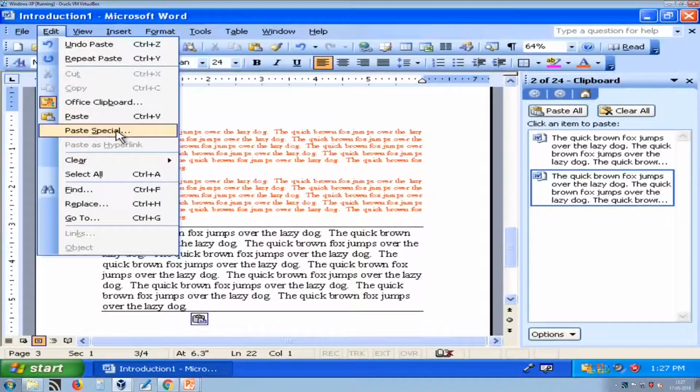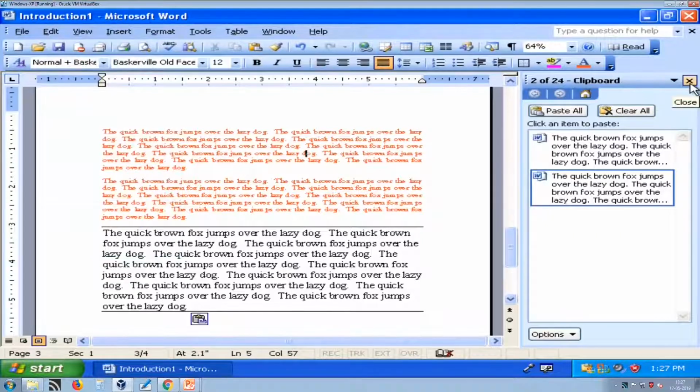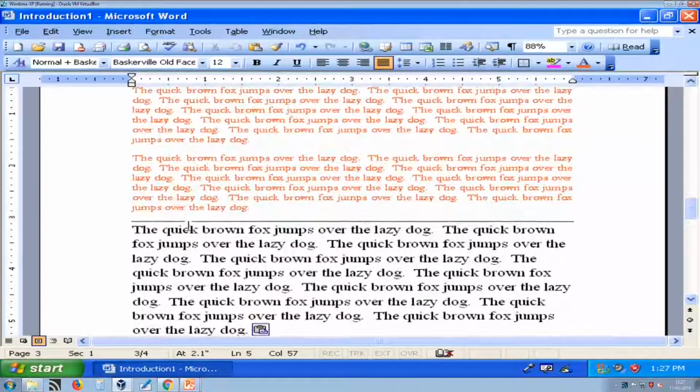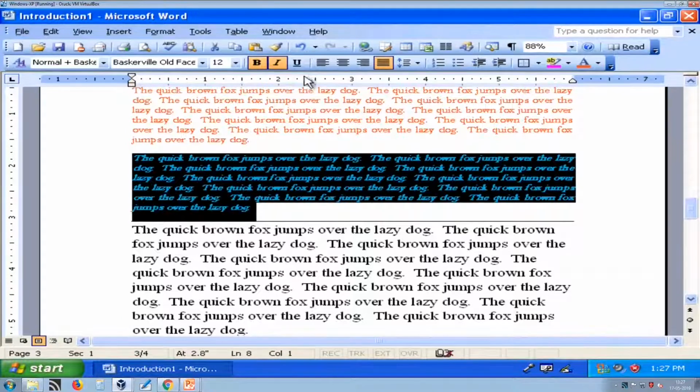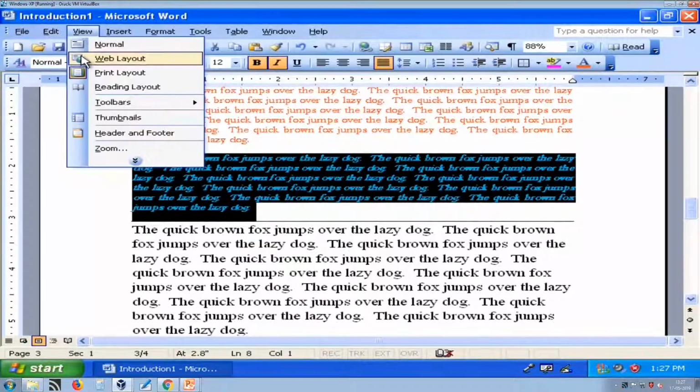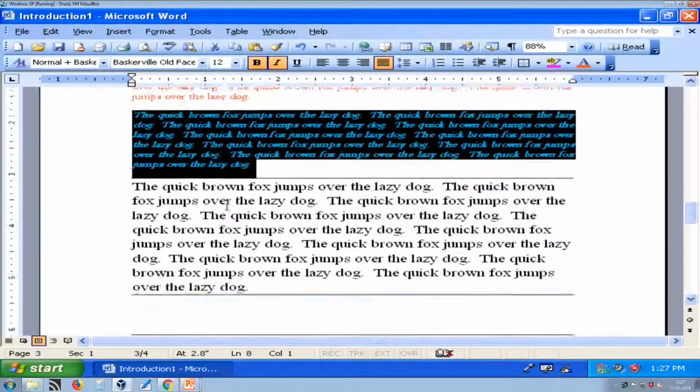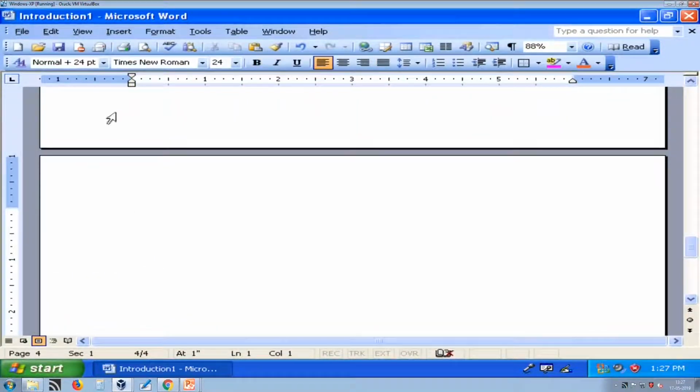Now, paste special, this is an important feature of Word. So, I am hiding this. Now, suppose this text has certain formatting, like bold, italic and color format. Now, I am copying this, but when I paste I need plain text.